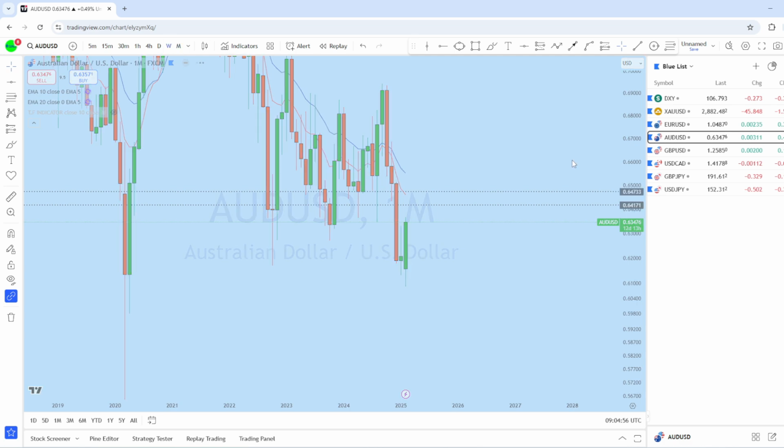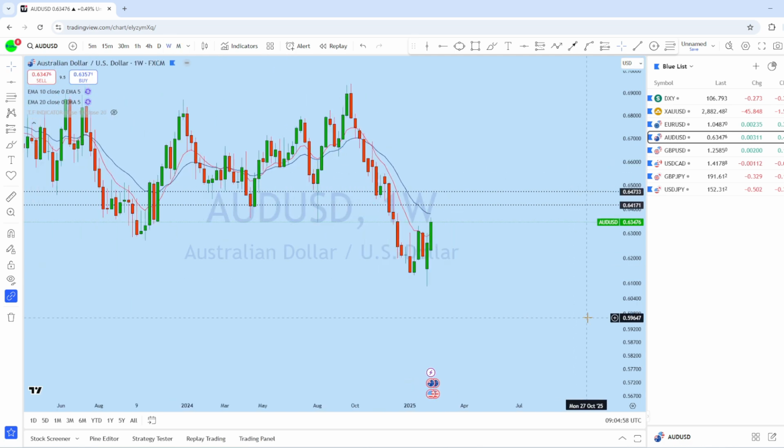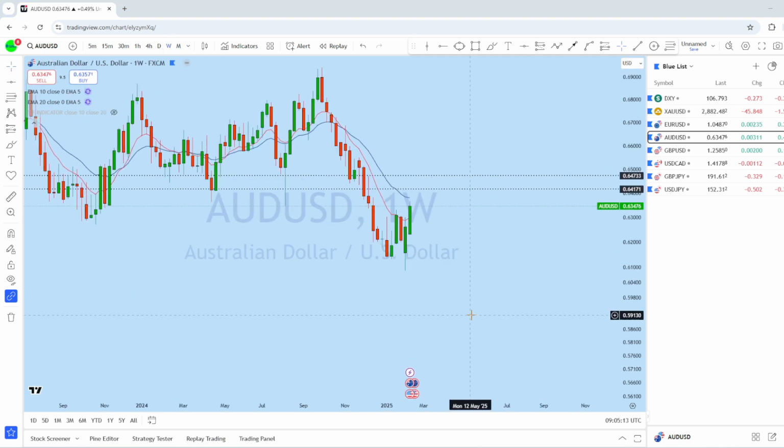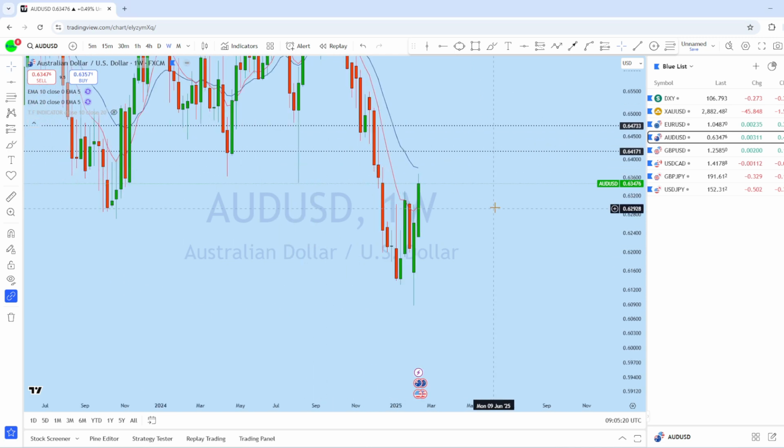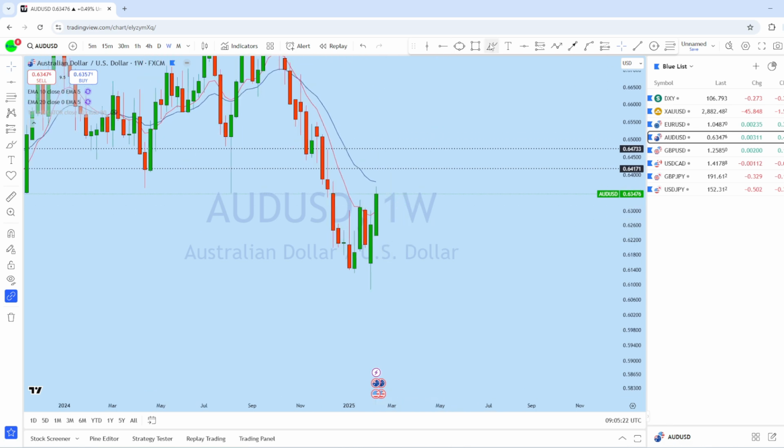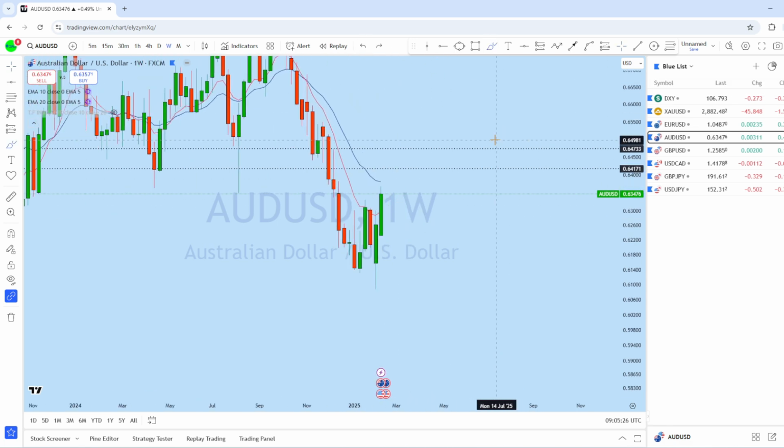So there could be an upside bias. Now dropping down to the weekly, now you can see the market open with a gap and failed to create a new lower low. Instead, the market straight bounced back up, which has given a potential for AUD USD to move back up to that liquidity zone.